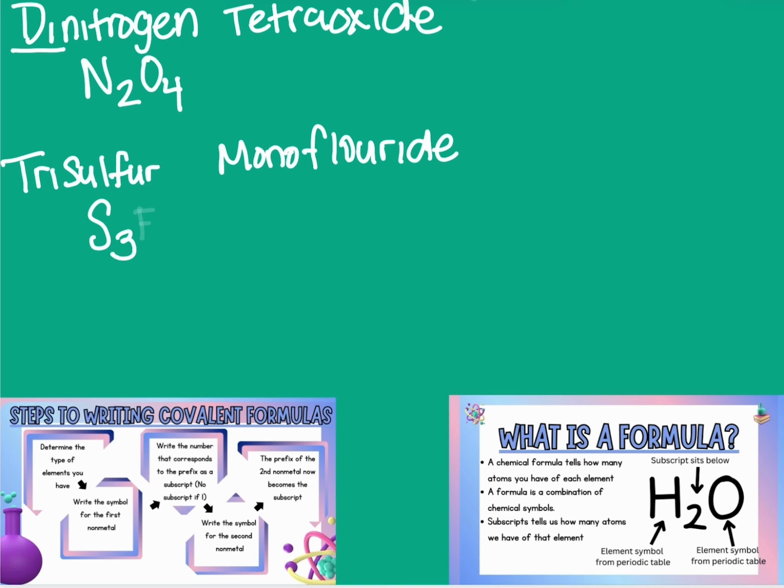And then when I go to my second one, I know that fluoride, which is just fluorine on the periodic table, is F, and mono means 1. But we do not write 1 as a subscript, because it is already understood that the presence of that element being there means there is already one of that element available. Okay? And that is how you write out a chemical formula for a covalent bond. It's pretty easy. It will help if you continue to just do practice and keep replaying this video as much